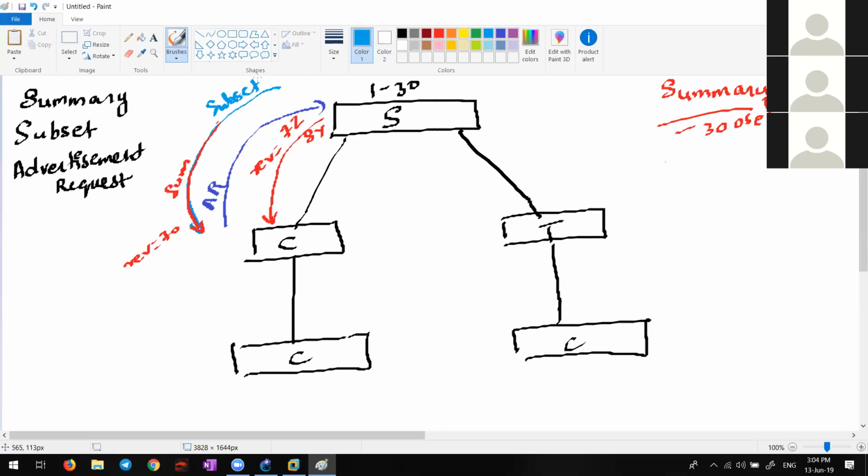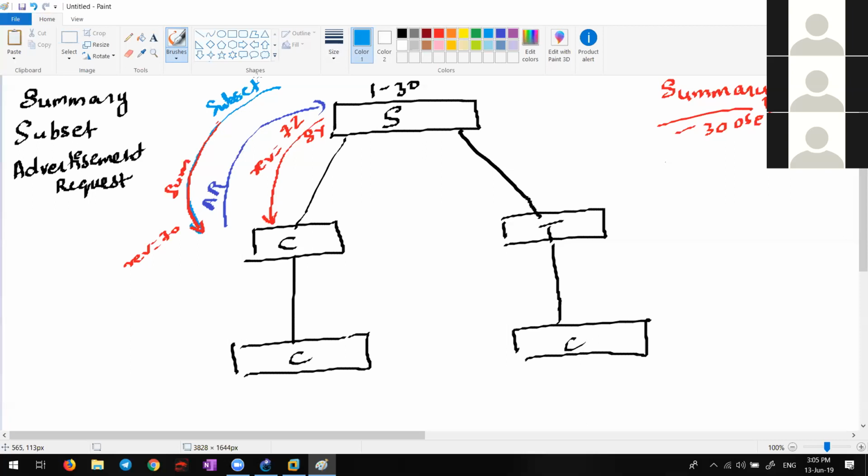Subset cannot go alone. In a summary packet, there is a field called followers. Normally, when it's sending a periodic update, like every 300 seconds, the follower will be 0. There is nobody following after that particular packet. But when I send a summary message and the client is requesting an update, then I will again send a summary which will have a follower called 1, and the follower is nothing but a subset.